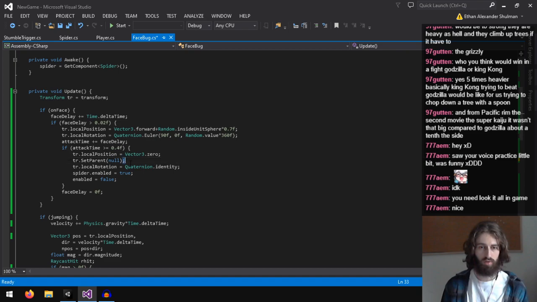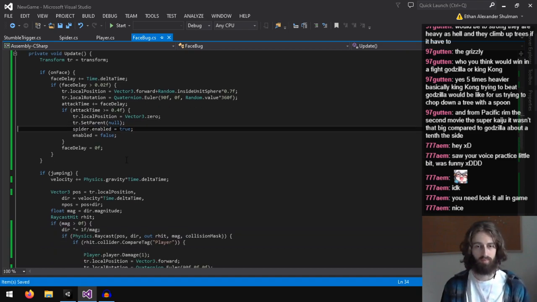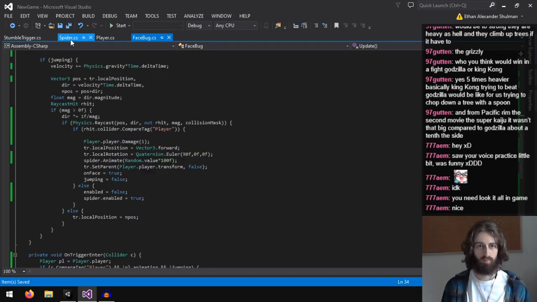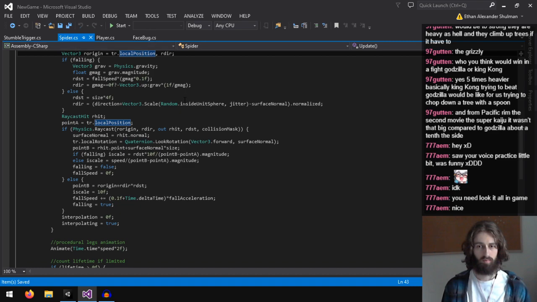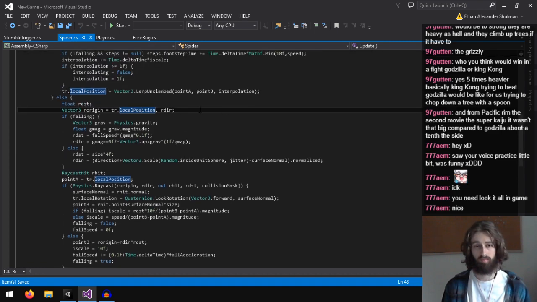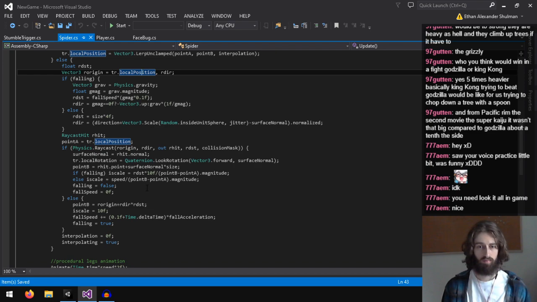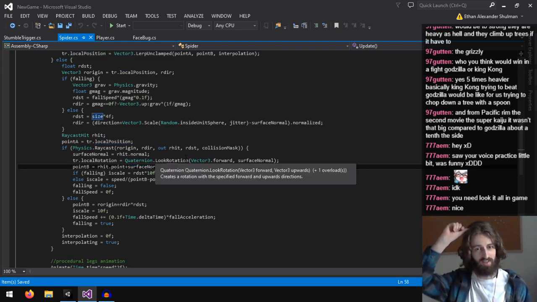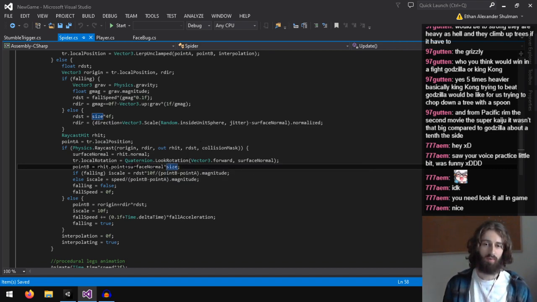Local rotation doesn't matter. Right here, where we add surface normal plus size, what we actually should be doing is minus radius times a small epsilon.